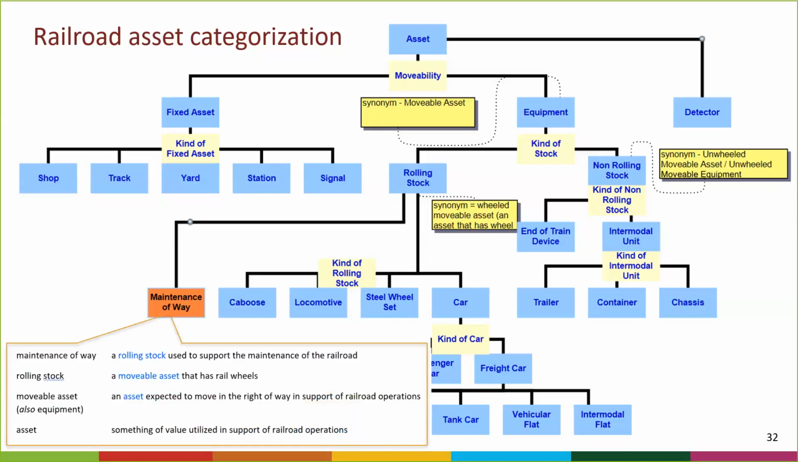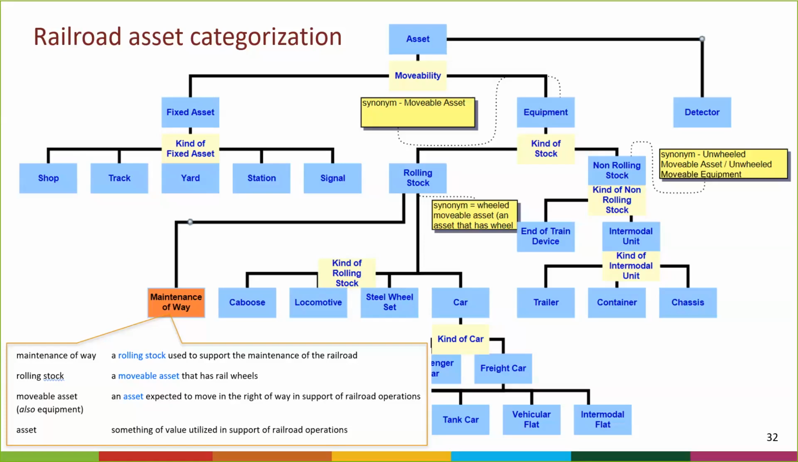And what you need to do, and this is part of the trick in concept modeling, because definitions reign supreme, is to work these categorizations right into your business definitions. So let's illustrate that. What is a maintenance of way, that box in the orange? Well, it's a rolling stock. Notice that's the next higher category, the super category, used to support the maintenance of the railroad. What's a rolling stock? Well, again, notice that it's based on the next higher super category, equipment, or synonym movable asset. That's a movable asset that has wheels,